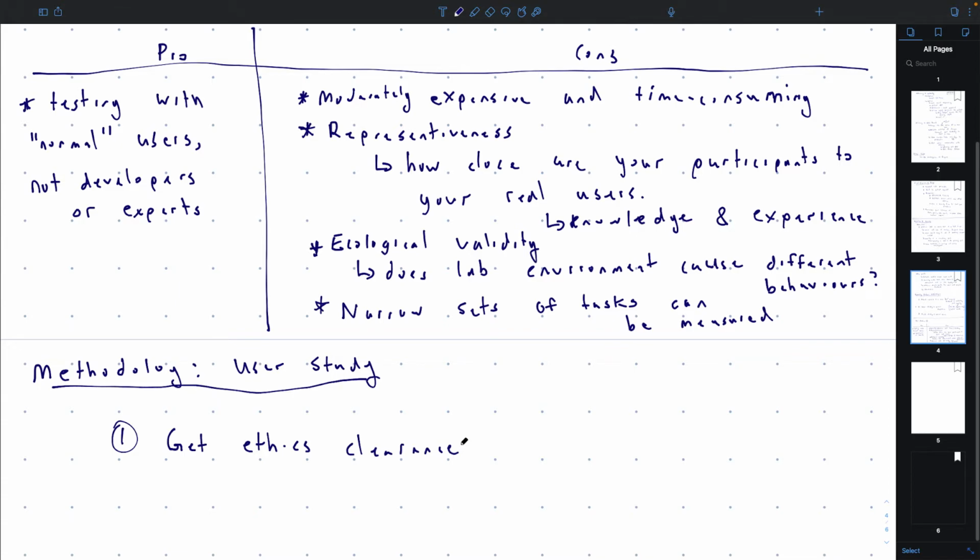So you have to think about even the data that you're collecting from a security perspective. How are you going to store it? You know, who has access to the data? Which of your students or people in your lab have access to the data? How long are you keeping it? Are you going to get rid of it at some point? So any personal data that you collect, and you have to collect it in order to understand the demographics of your user, there's an immediate security question or privacy question around that.